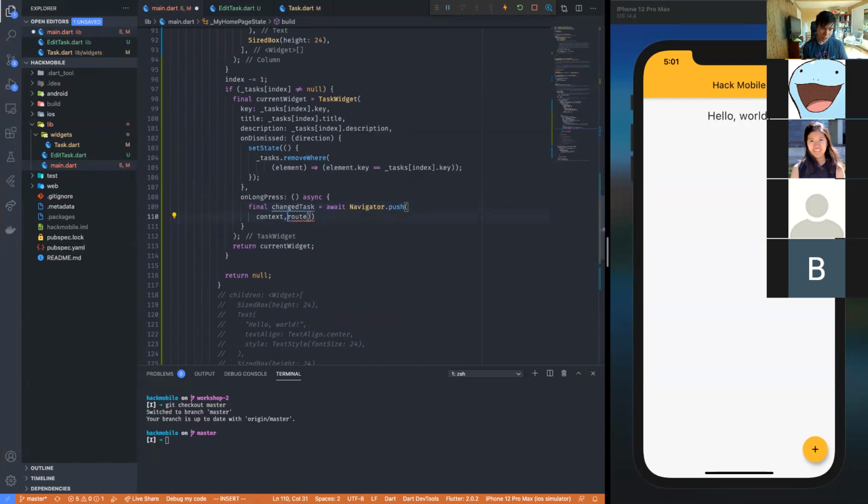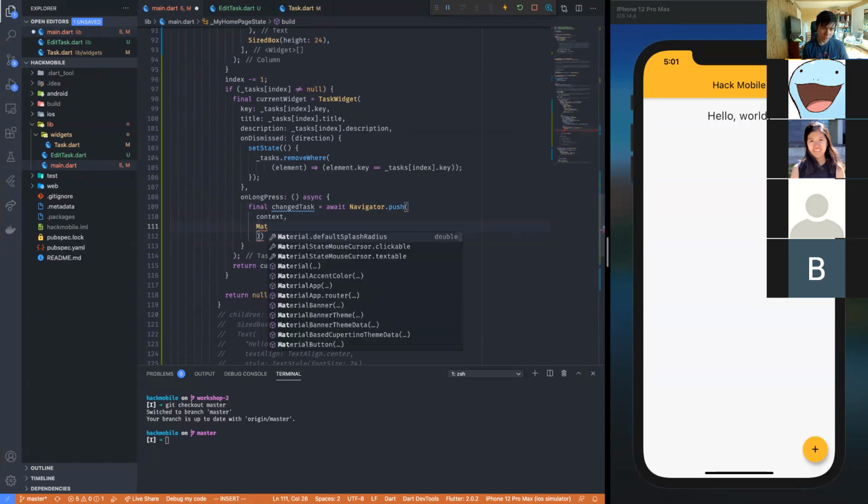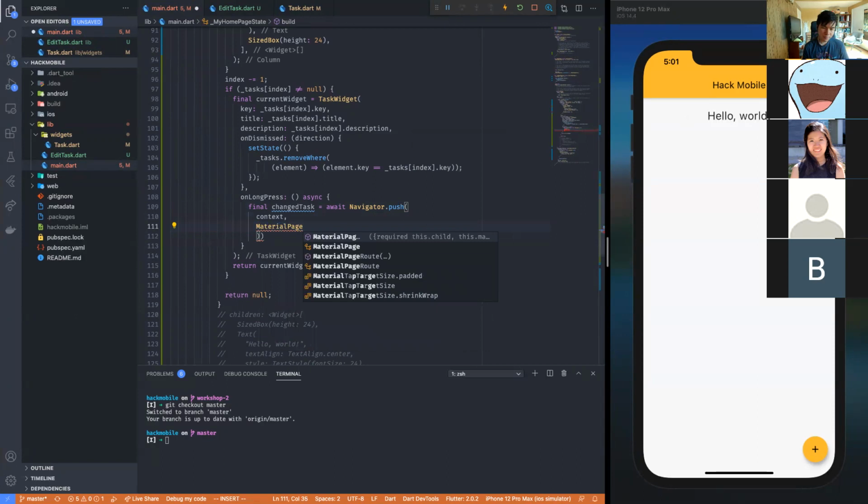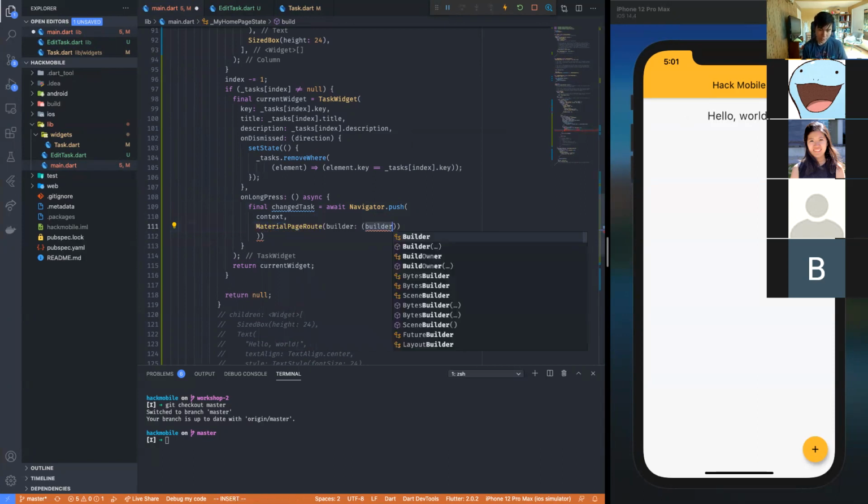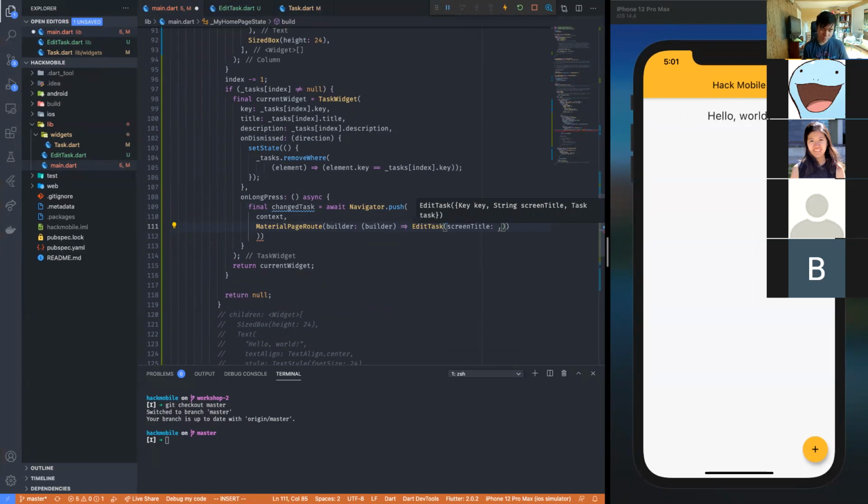And the actual route is, let's see, a material page route with this builder here. And it's going to return the edit task with the screen title of,